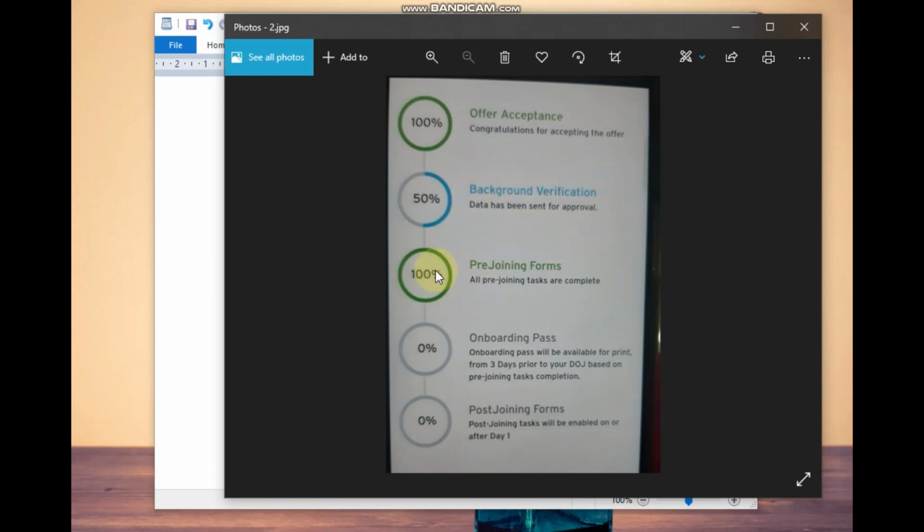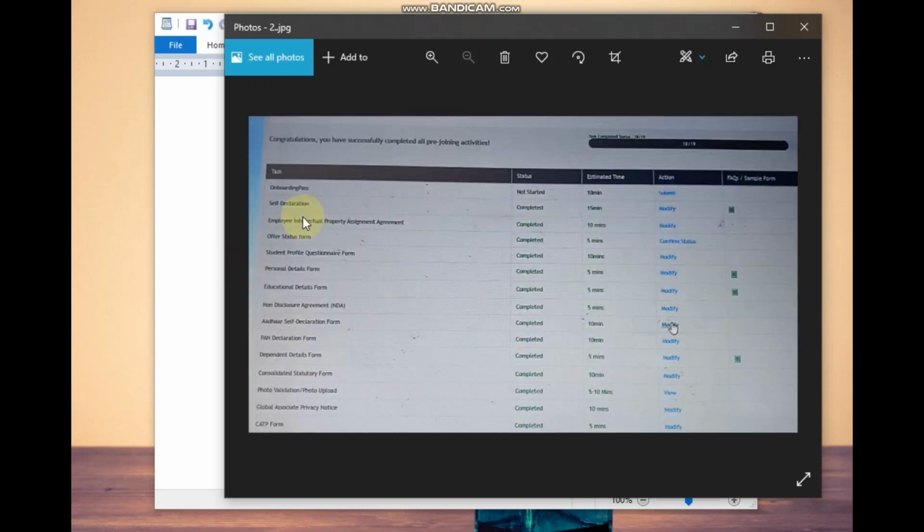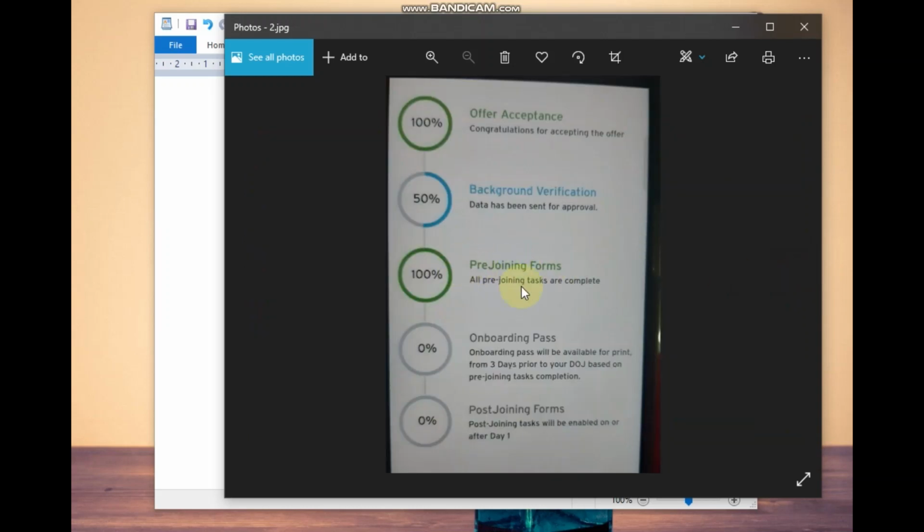Okay, your pre-joining formalities are completed because you have completed all these pre-joining formalities. In this you don't have to do anything, so it shows completed 100%, but background verification is only 50%. It means that your data is under approval process. Okay, it has not yet been approved.